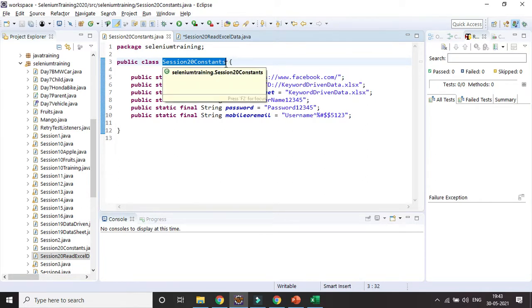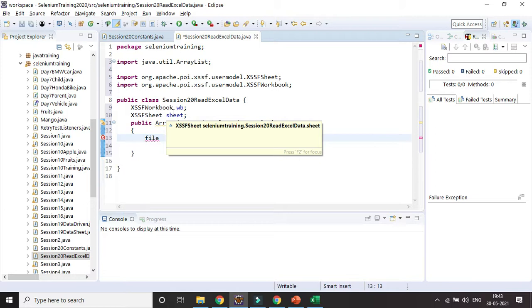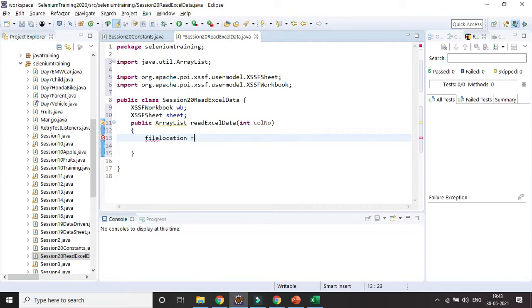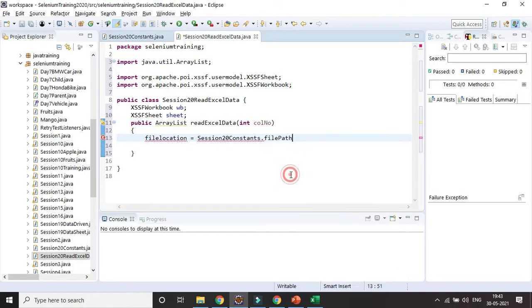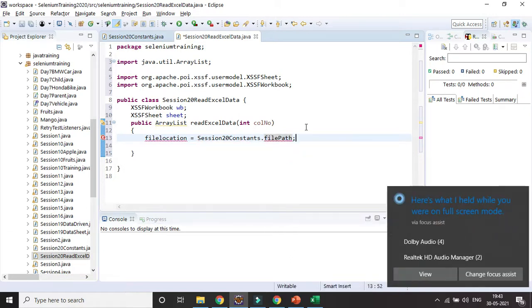First I will be reading the file path, right? So here I will be creating a variable called fileLocation equal to Constant dot. If you press dot, you can see everything coming here, right? The file path will be there, and the return type is String, so we store it in a String.